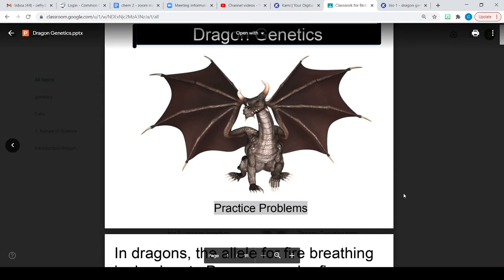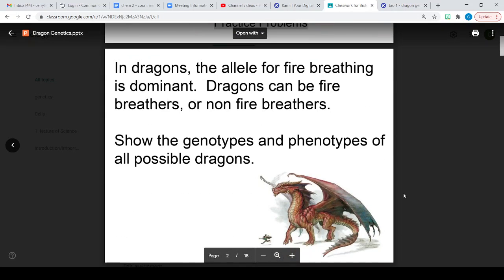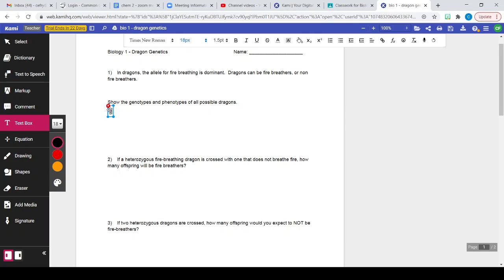So as I walk through this, the dragon genetics, it says in dragons, the allele for fire breathing is dominant. Dragons can be fire breathers or non-fire breathers. Show the genotypes and phenotypes of all possible dragons. So let's see here. Show the genotypes and phenotypes. So what I would have you write if we were at school here, genotypes